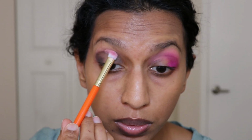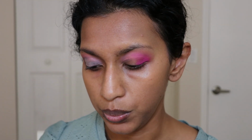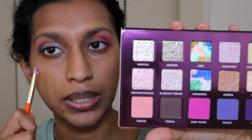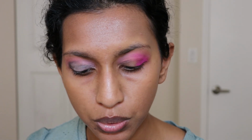So I'm going to do this on this side as well. I'm doing this eye first, so we are going to go in with this row here. I have Legend and Planetary Tremor, so that's going to be those 2 on this side. So let's begin. I don't see any particular shift coming through here, so I'm going to start with Legend, which